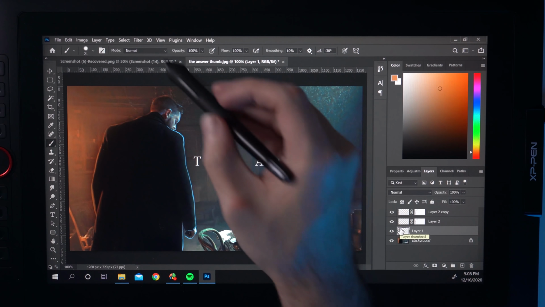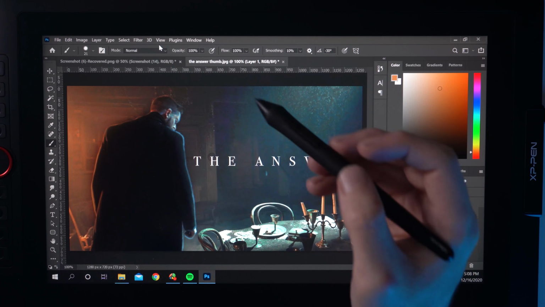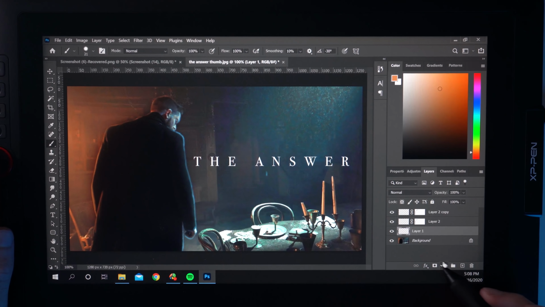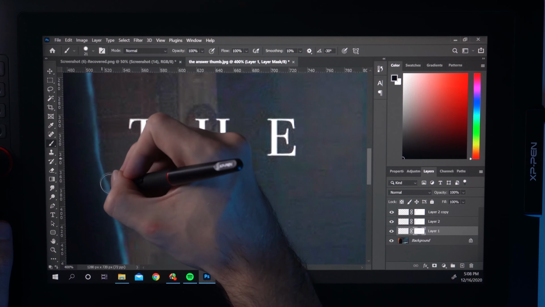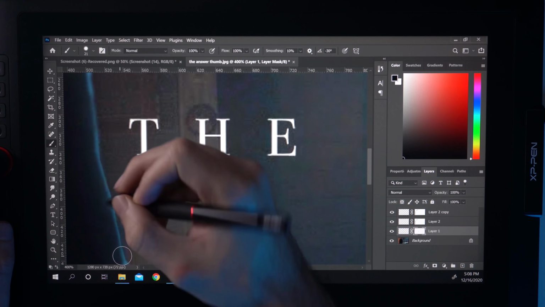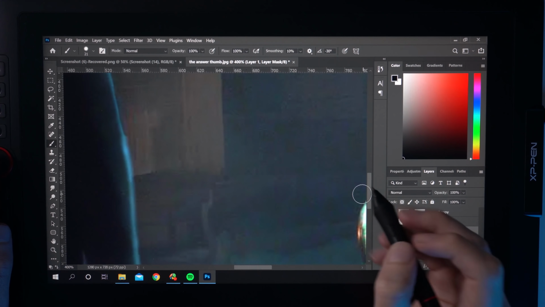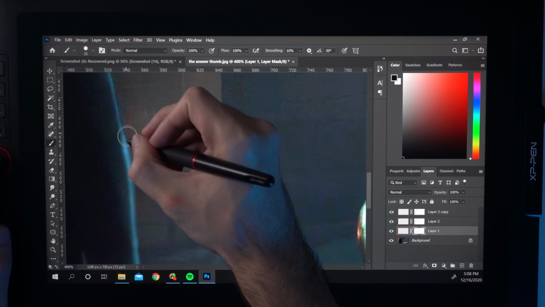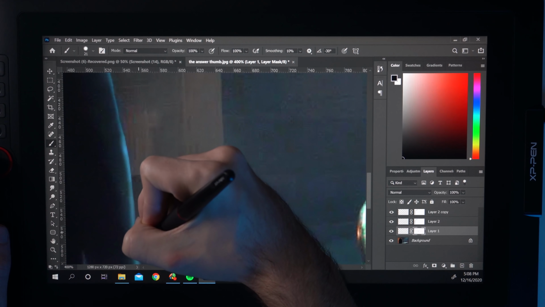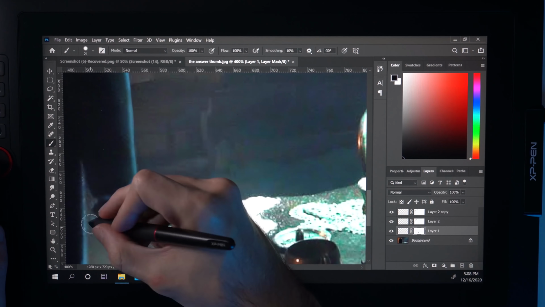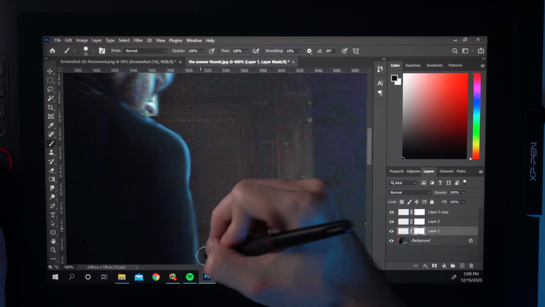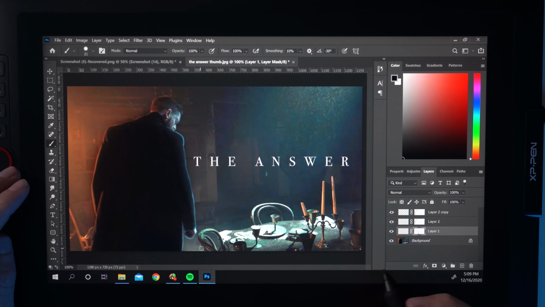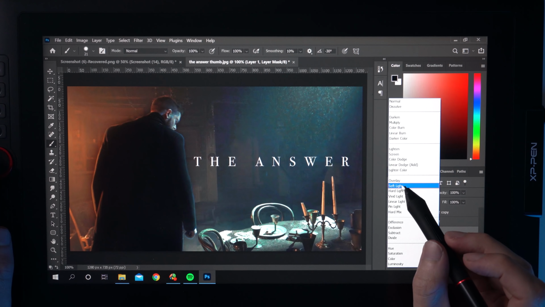Just from me quickly doing it right now as an example, you can see that the subject stands out quite a bit more, and this image is a lot easier to read, because before, tonally we were dealing with a lot of similar contrasts. It's a pretty wide shot, so you don't have an out of focus blurry background. It wouldn't really make sense for this type of shot. So using this way of using light and outlining is a great way to add that sense of separation. You could probably make a lot of your thumbnails pop on that alone,